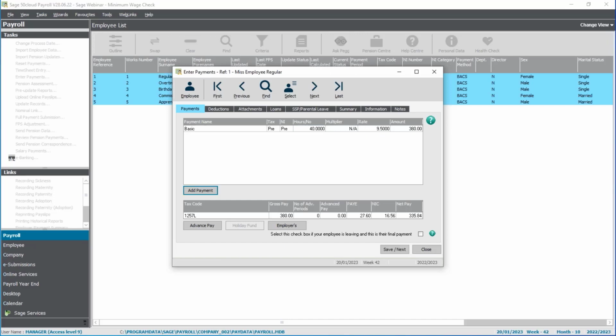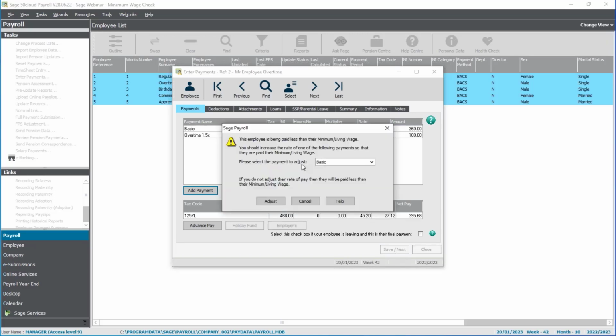So I know that should be £9.50. So I'm going to update that now and click onto Save Next. For the employee with overtime, again, it has reverted back to the £9. So if I just click Save, we're being prompted to make an adjustment again. But if I want that to be permanent,